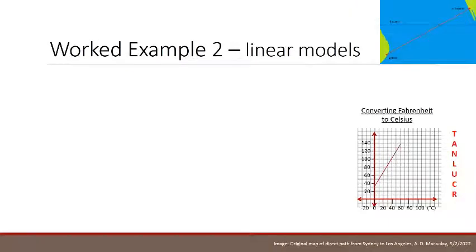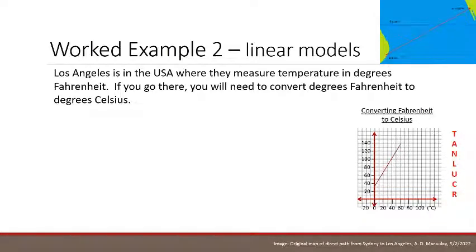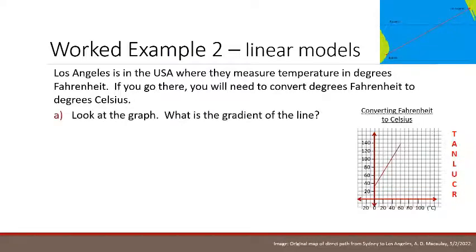For worked example 2, we're going to use a different graph, one that's been given to us. Los Angeles is in the USA, of course, where they measure temperature in degrees Fahrenheit. And if you go there, you'll need to convert degrees Fahrenheit to degrees Celsius. So look at the graph, and the question is, what is the gradient of the line? Now I've just put the initials down the side there,